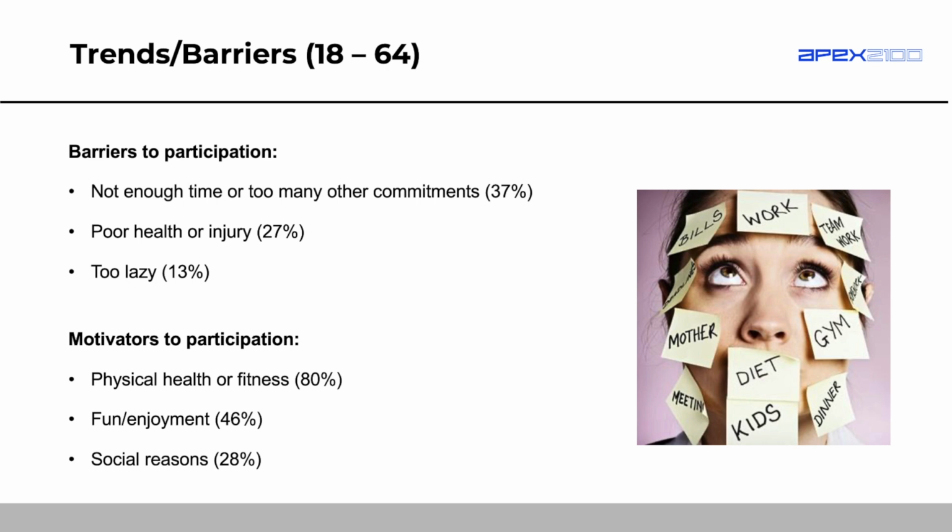Motivators to participate. So if I asked a bunch of people who do physical activity why they do it, the first thing they say is it's good for my health or fitness. The next most common is they have fun and enjoy it. And then the last reason is the social reasons. So they make friends, they interact with people. They might be at a job all day that they don't like, and they don't like anyone there and don't talk to anyone, but then they go to a group class at the gym where they're happy and chatting with people. So exercise does have a big social component as well.